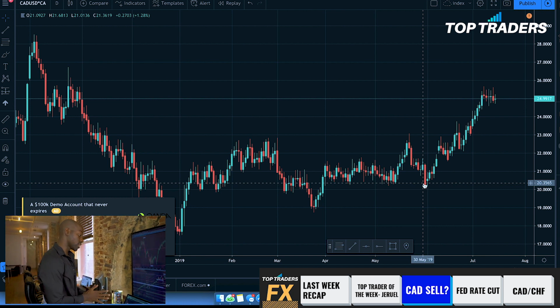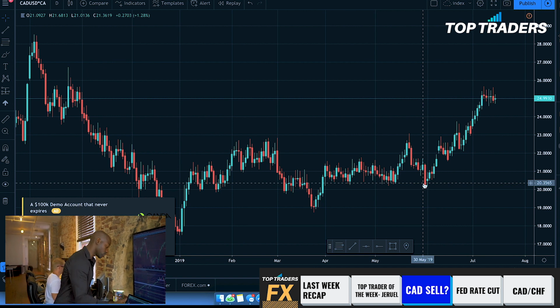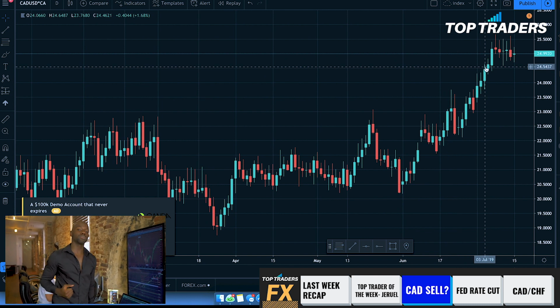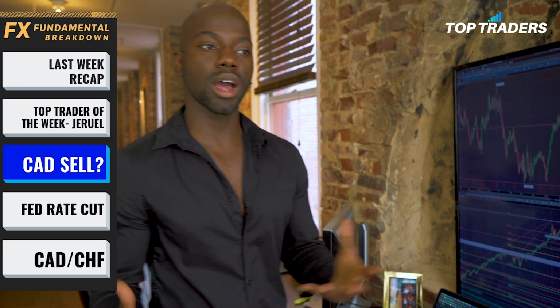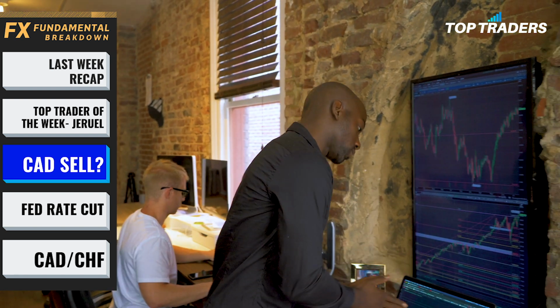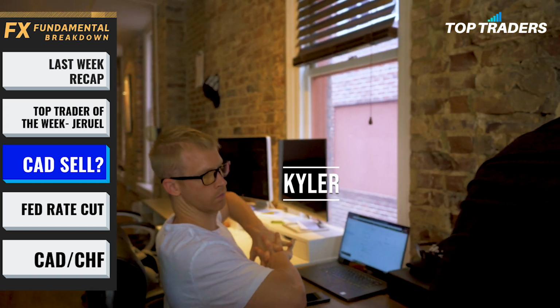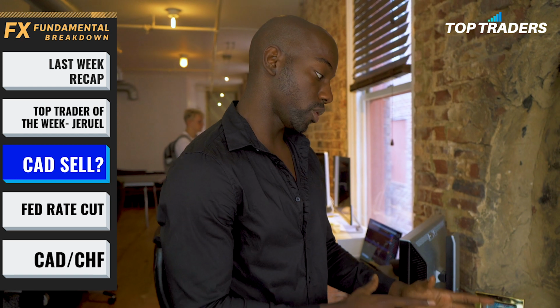And so this is why we think there might be an opportunity now, since we're seeing our first pause, our first slowdown of this specific currency, we may see an opportunity to catch some pullbacks here on the Canadian dollar, right? So where will we play that though? We would obviously want to be playing that with a pair that we think could increase in strength over the next few weeks, over the next few days or so. That's why Kyler's been having the idea that, hey, maybe we can play that with the CHF. CAD CHF here has been a pair where maybe there's some type of opportunity to take something sell side that looks pretty interesting, all right?